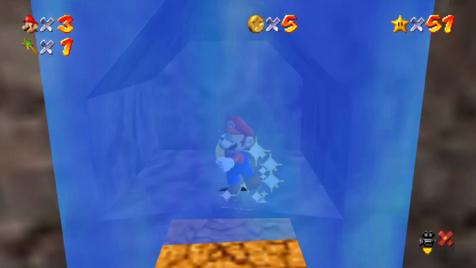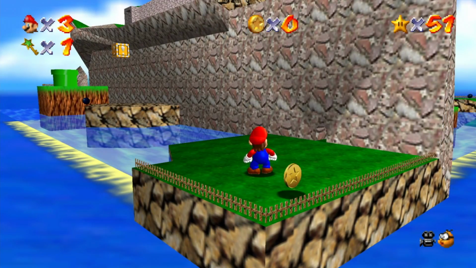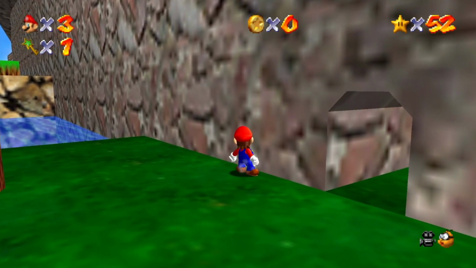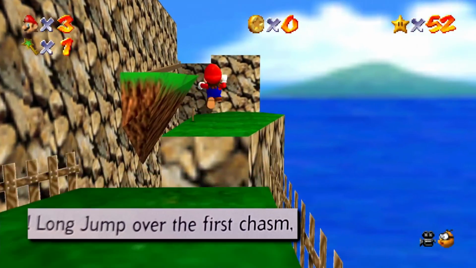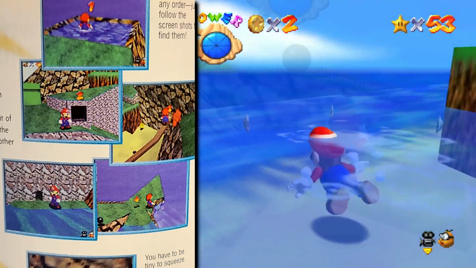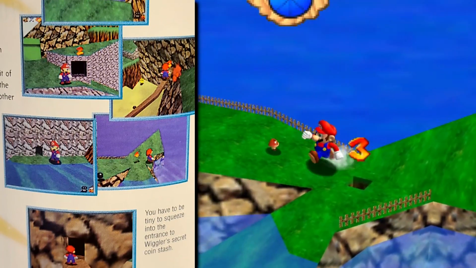lot less stressful. Now in Tiny Huge Island, the fight with the piranhas was pretty normal, but for Star 2, we have to take the long way up through here, and here, and here. The guide does have nice images indicating where to find the itty-bitty secrets of the island, so that was pretty